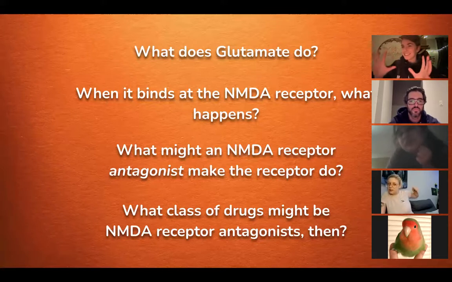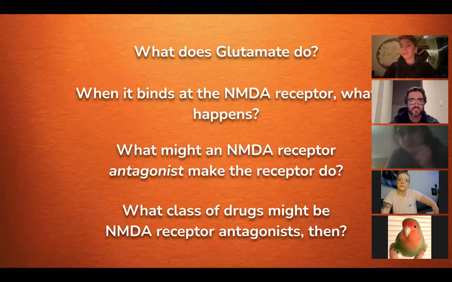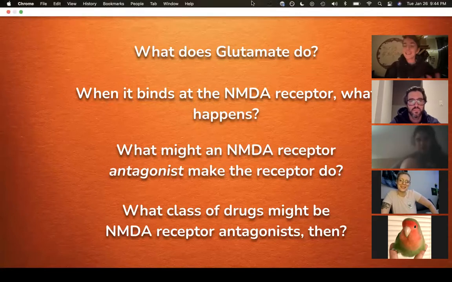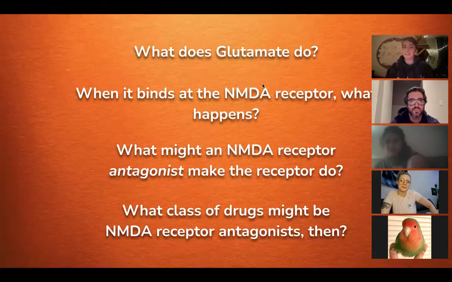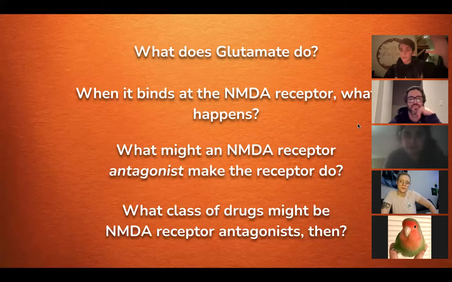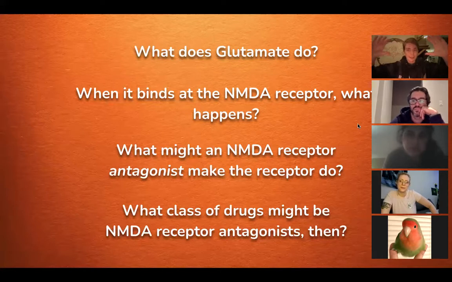If an antagonist rolls up, like ketamine, for instance, it rolls up to the receptor and it's like, what's up? I'm just going to hang out here. And the receptor is like, no, my signaling. And then communication is decreased. And that can mean that your brain is less capable of passing on or receiving pain signals from other areas in the body. I know that's confusing. Just glutamate, communication. Disrupt glutamate, less communication. The specific receptor where you disrupt glutamate is the NMDA receptor.